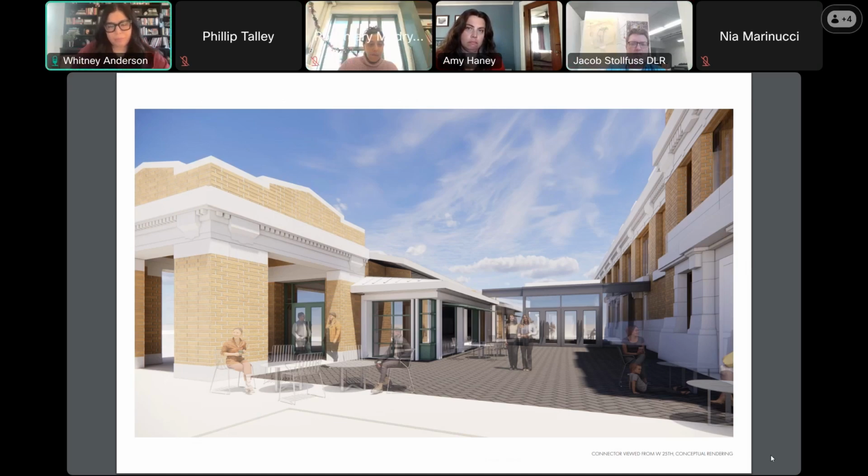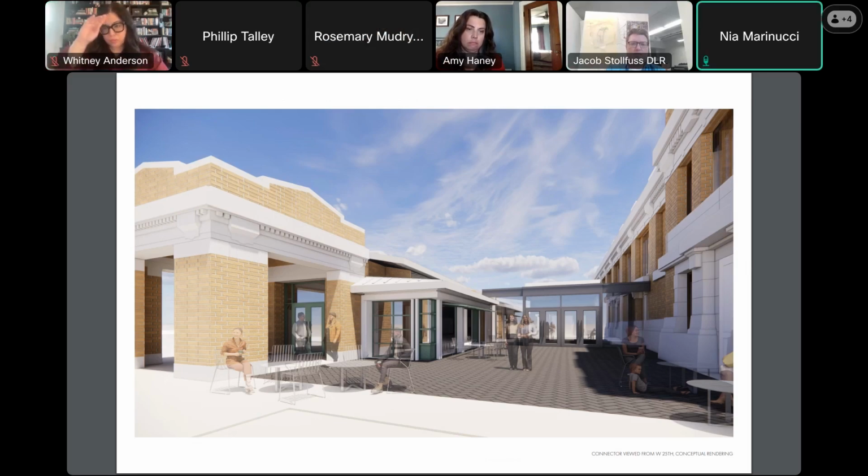Okay, thank you. I think it should be deferent to the existing architecture, and it does do that. And I understand the conflict of what Whitney's saying, which I think she stated really well. I'm also acknowledging this is a conceptual design, so it's not fully fleshed out, and that's fine.